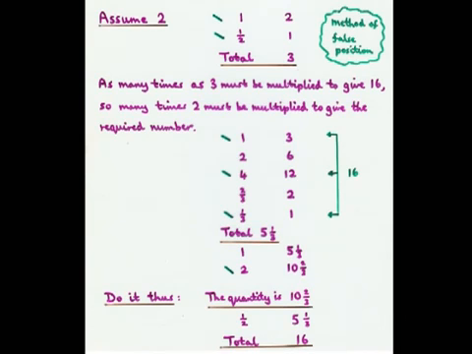As many times as 3 must be multiplied to give 16, so many times 2 must be multiplied to give the required number. So doubling is used. You start off with the 1 and the 3, and you keep on doubling. And then to get the 16 here, the corresponding things here are 5 and a third. So doubling is used, as is multiplication by 2/3. They use fractions of the form 1 over something, but they also use 2/3. And the appropriate rows are then singled out and added, and you get the answer 10 and 2/3. And finally, under the heading "Do it thus," they say the answer is 10 and 2/3, and they check the answer.